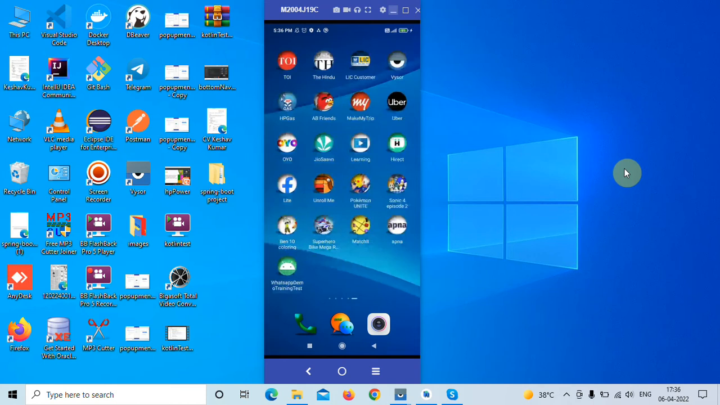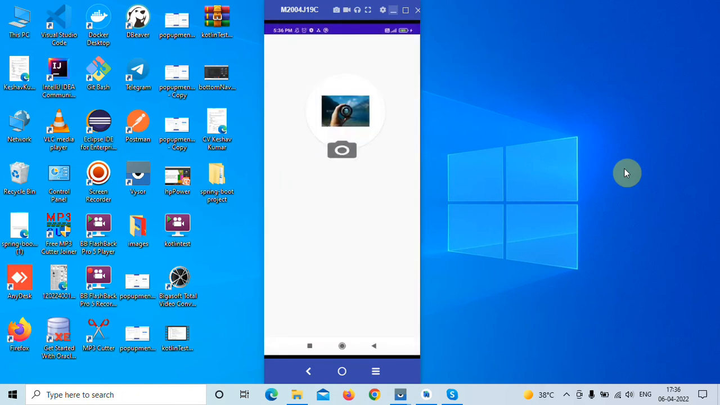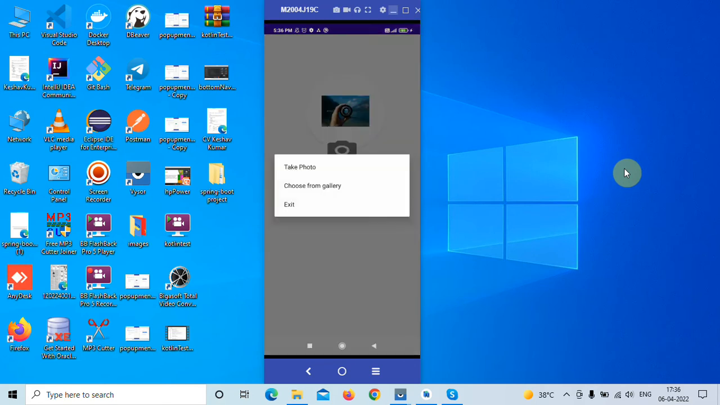In today's video, we will discuss how to set an image in an image view by using the camera and from the gallery. We have created an Android application that we have installed on our mobile, and we open this and we have set the layout like that. If we click on the image button, it will show